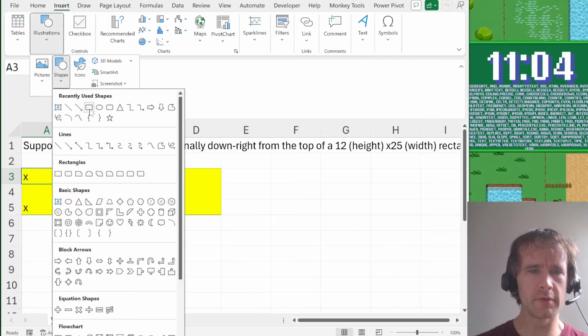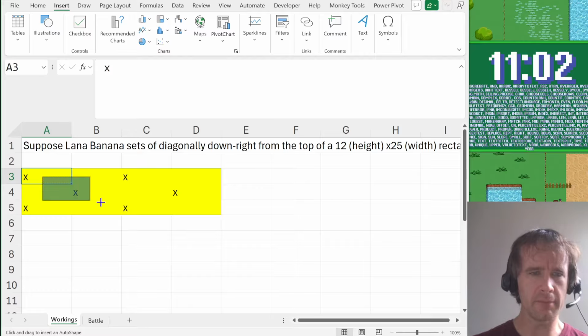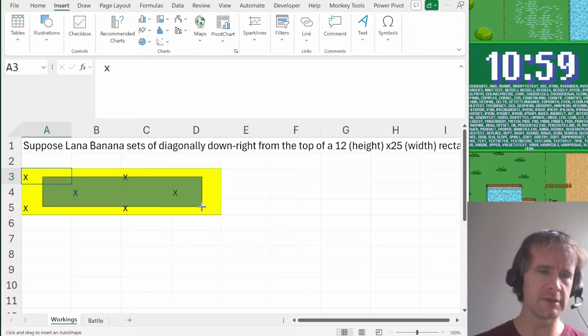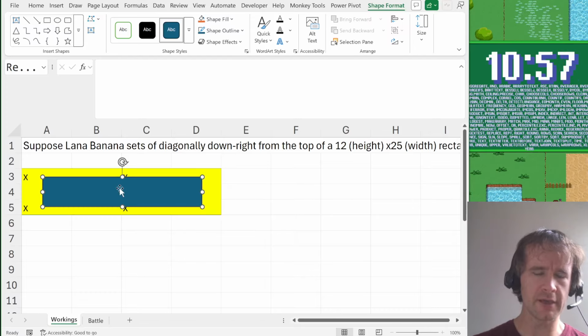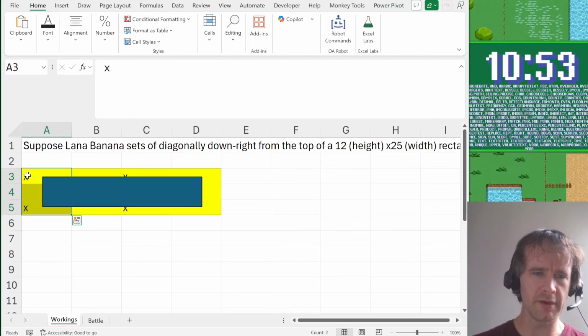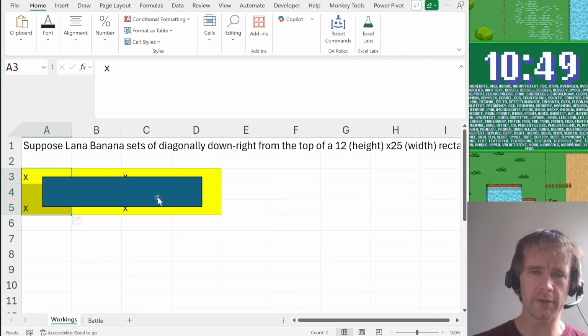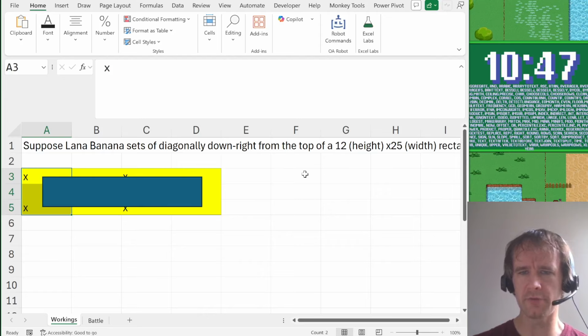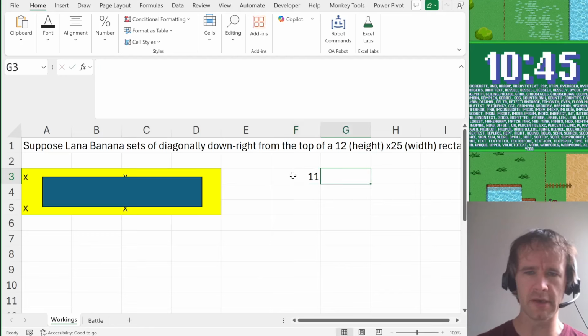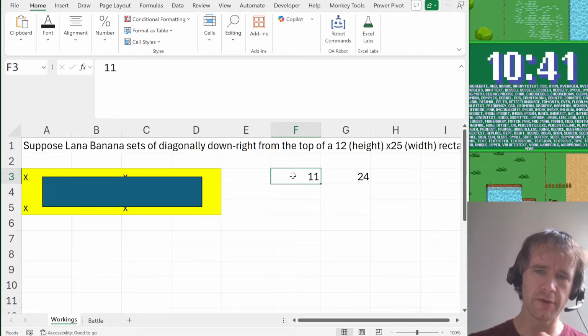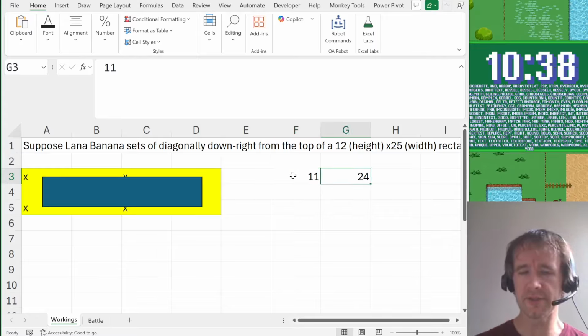You can basically imagine drawing a box that goes through the middle of these. What you've effectively got is a height of 2. This is 3 boxes tall, but every time she goes 2 down, she bounces. Every time she goes 2 up, she bounces. And likewise for the others. So in this case, our 12 by 25 box is really going to be an 11 by 24. And so you're going to bounce vertically every 11 steps, you're going to bounce horizontally every 24 steps, and then